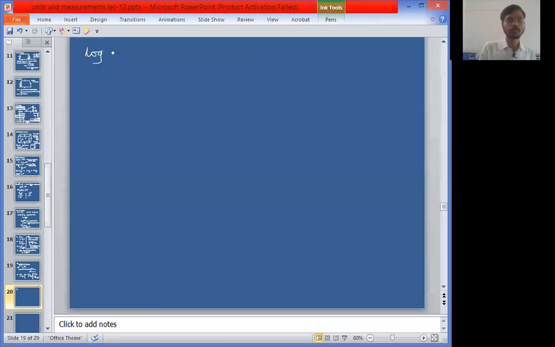First law. Everyone now concentrate on the board. Log m plus log n base b, and the same base should be here. If here the base is a, here it should also be a. Here if the base is z, here also the base should be z. Base same. Log m plus log n is equal to log mn. This base is b, this base is b, this base should also be b.